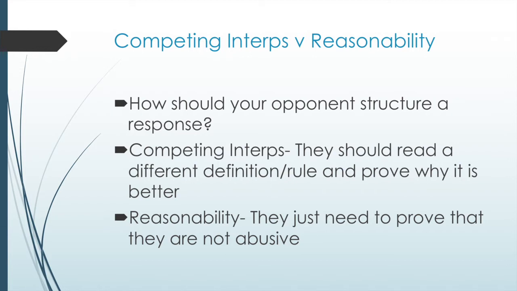Whereas reasonability just says that we can line by line the shell. We can just say, actually, we weren't abusive. My opponent's shell isn't very good. They're lacking warrants, things of that nature. And that is sufficient to win the shell. So if you are reading theory, you're going to say competing interps is true because that is putting more of a burden on your opponent. It's making responding harder. Whereas if you are answering a shell, you're going to want to go for reasonability